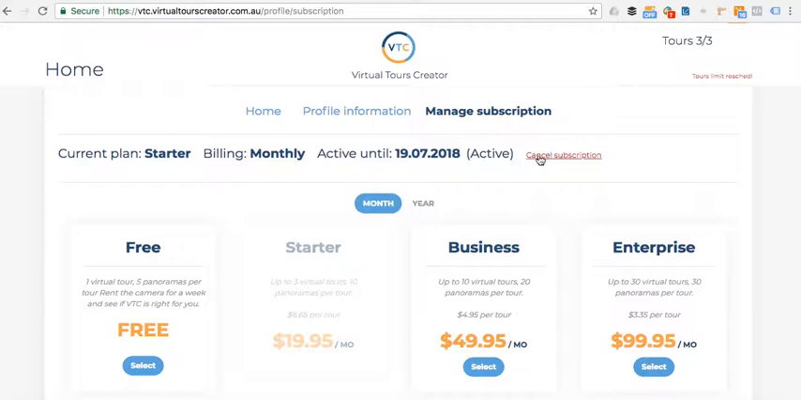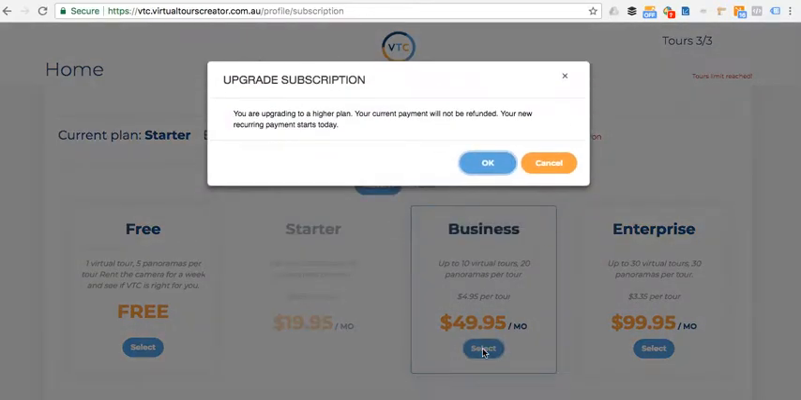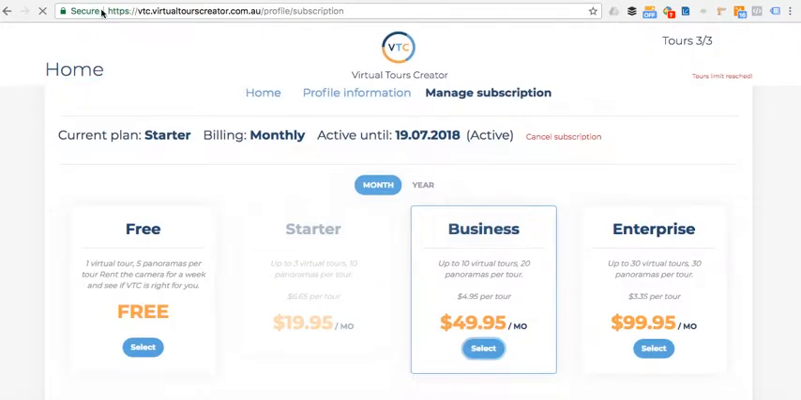You can cancel subscription, or if you want to upgrade, let's say to business, all you have to do is click select. It's going to let you know that you are upgrading to a higher plan and your current plan will not be refunded. Your new recurring payment starts as of today. So if you want to use your starter plan all the way till the end of your payment, you might wait with upgrading. If you don't, you just press OK, and now you can see it's taking us out to